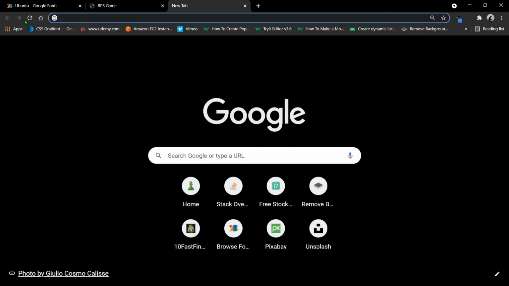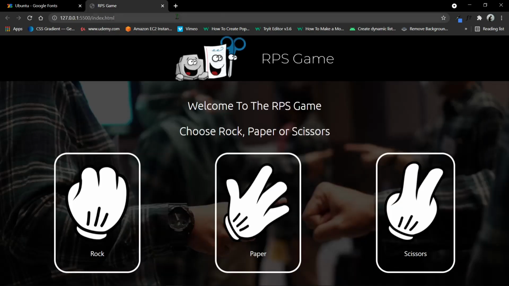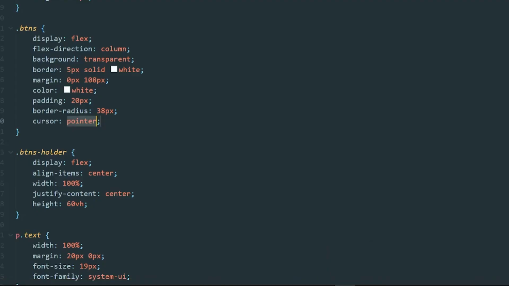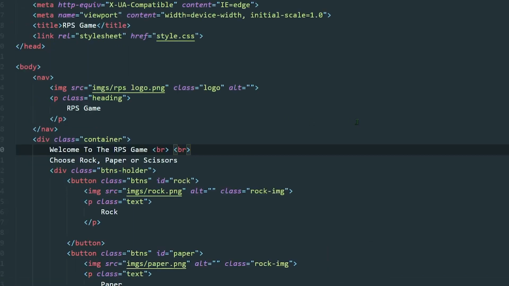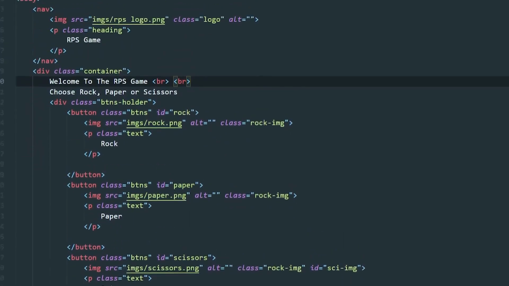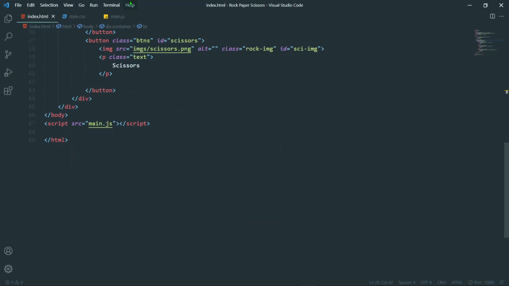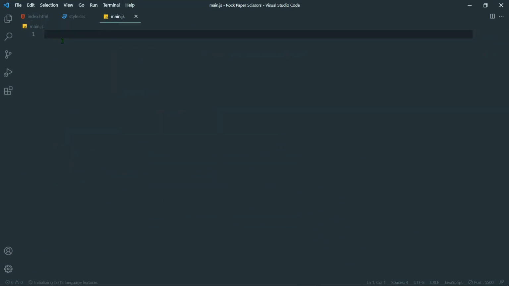Like this hand which is forming. Okay, so now our designing part is over. Now we will move on to JavaScript. Let's see if our style.css and main.js files are included or not. Yeah, they are included.